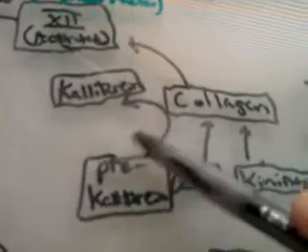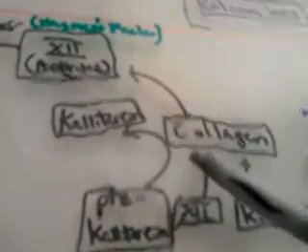Pre-kallikreins are actually converted to kallikreins through collagen. Okay, but overall over here you have factor 12, which is activated, and this is called Hageman's factor. Hageman's factor, I'm sorry. Factor 12 is Hageman's factor, and